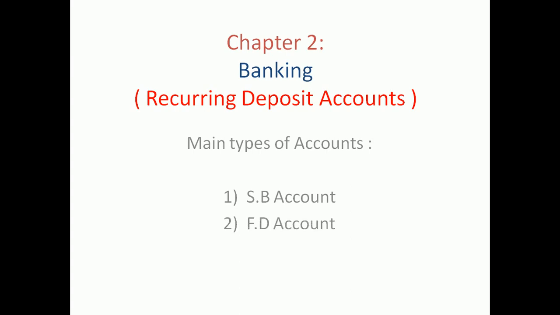Whereas the second type of account is an FD account, which is known as a fixed deposit account. Here you have a lump sum of money and you don't want to use this money for the time being, maybe for 6 months or 1 year in future or more than that. Then instead of keeping this money for safety's sake in an SB account, you can go for a fixed deposit account, because in this fixed deposit account we have